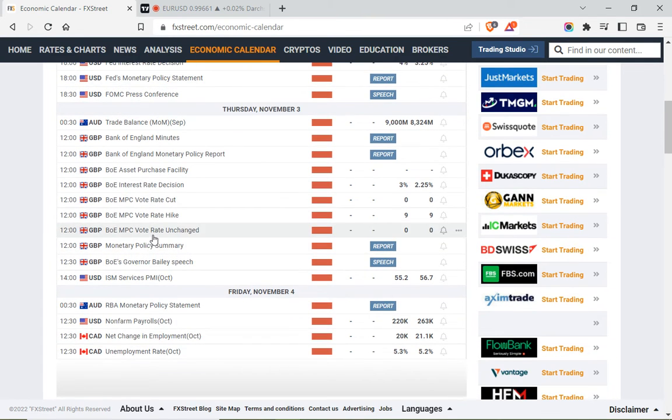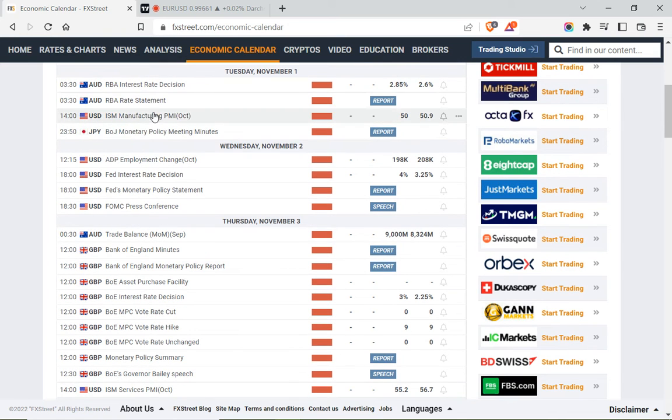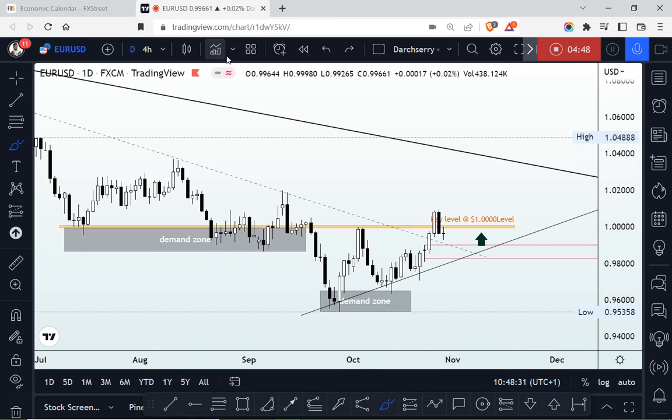USD. Then if we go down to Thursday, we have the ISM services, and on Friday we have the almighty non-farm payroll coming up. So these are major events that are likely going to be affecting the Euro USD. So what we are going to be looking forward to on the charts are structures